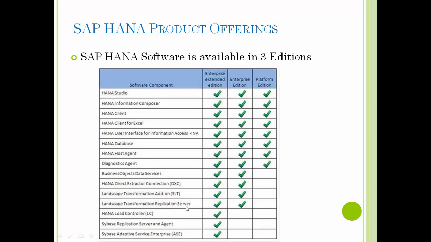So these replication tools are used for different solutions to replicate, be it SAP or non-SAP solutions, to replicate their business data into SAP HANA and leverage the